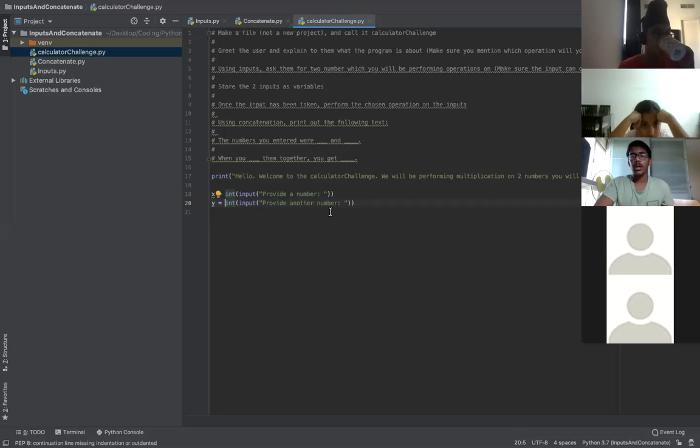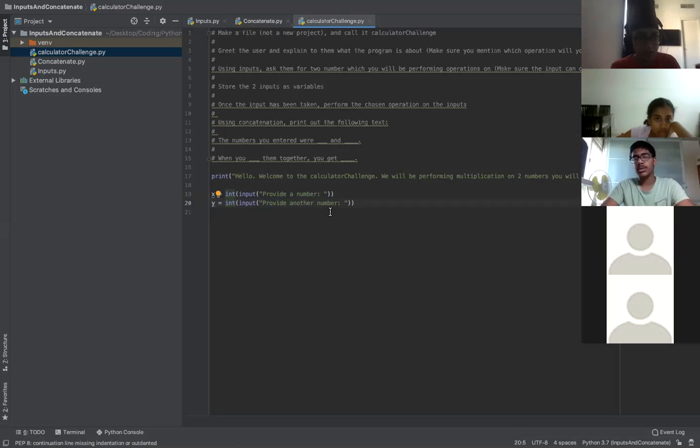Now, just one thing. One thing that you should always do while programming is keep the names of the variables relevant to the value you're storing in them. That will come in use when you're writing more complex programs, since you have a lot of variables, and to actually remember each of them would be a really hard task if you keep them random names. That's why you should always have some related name to what the value is storing. So in this case,